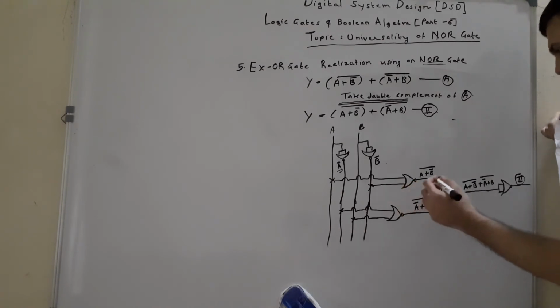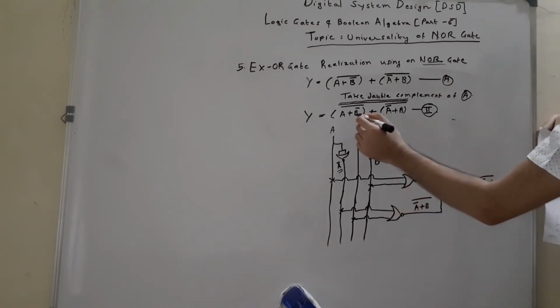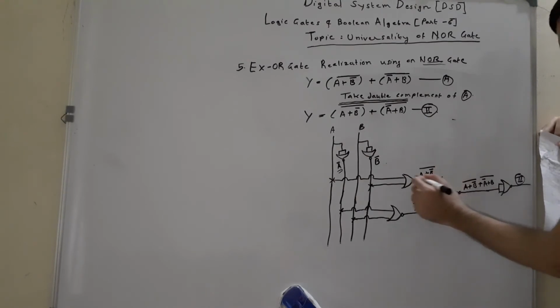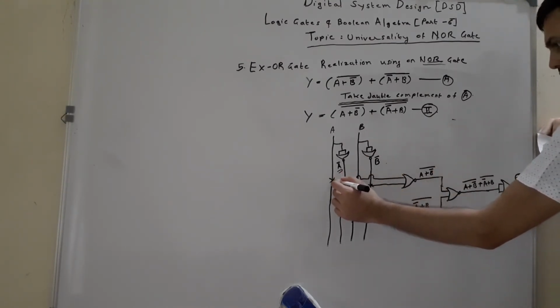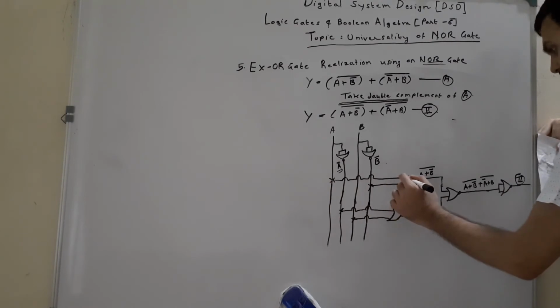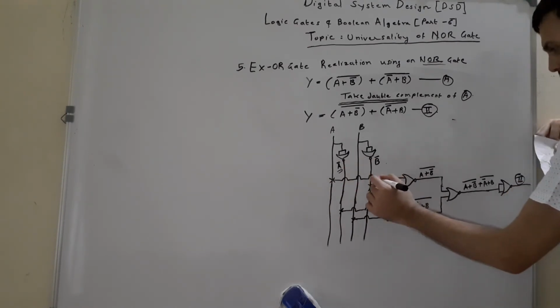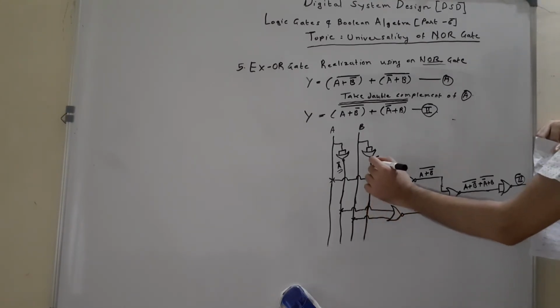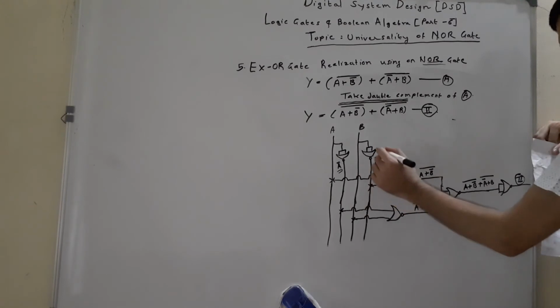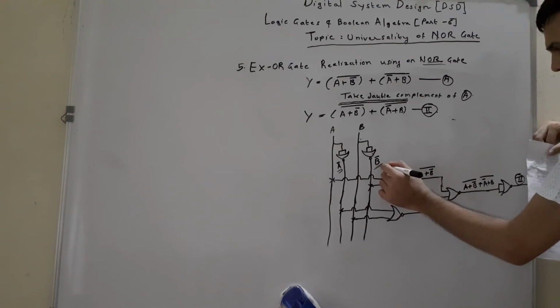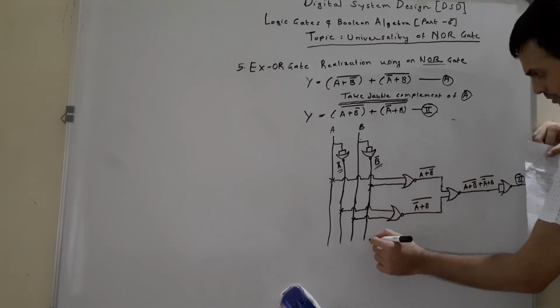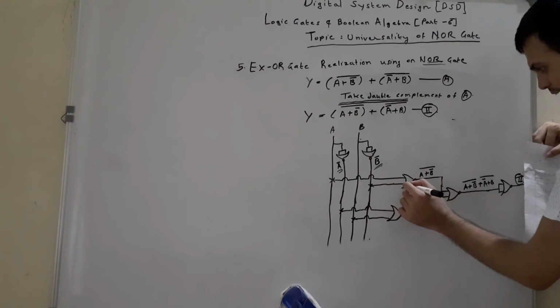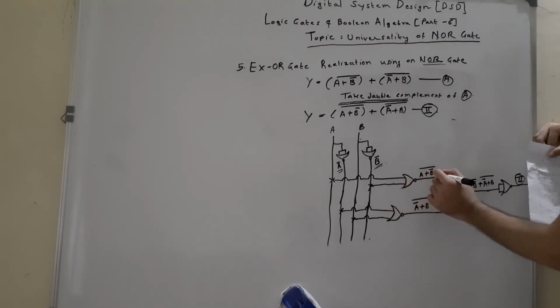Now in the next step, what is our first part? This is A plus B bar. Now what is the signal line for A? I have tapped the signal from here. A and B bar we have obtained over here, so we will simply tap from the signal line. This is the output B bar, because this was B and we have connected a NOT gate over here, and this is how we obtain B bar. So we simply tap it and take it to the input of another NOR gate. So A plus B bar the whole complement we get over here.